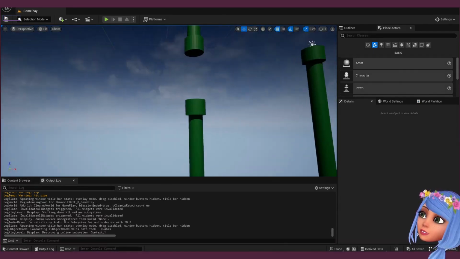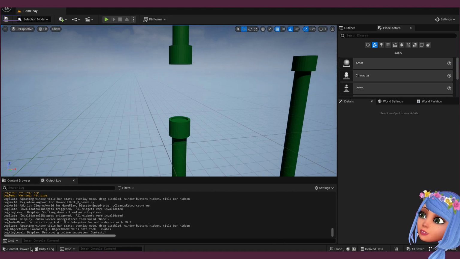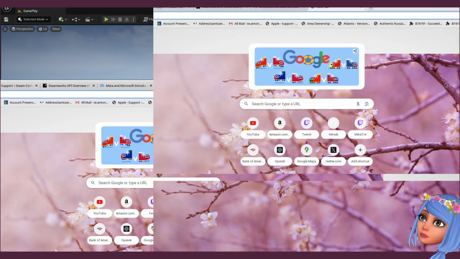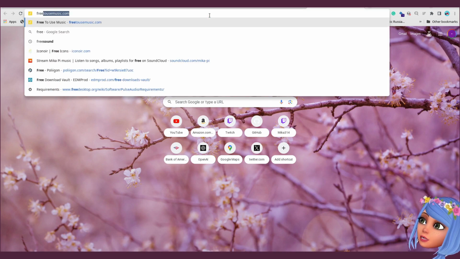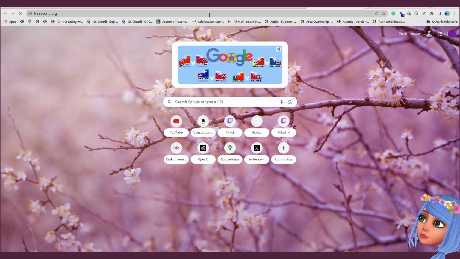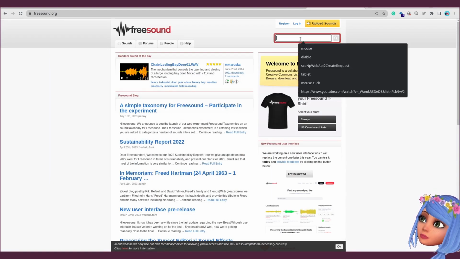Let's do sounds. So let's go to freesound.org, I guess. Yep. And let's find some sound.